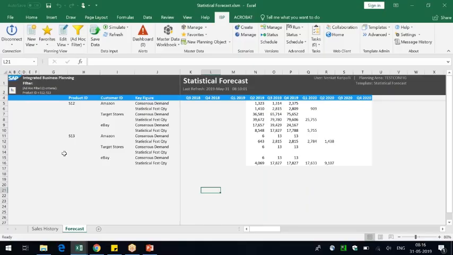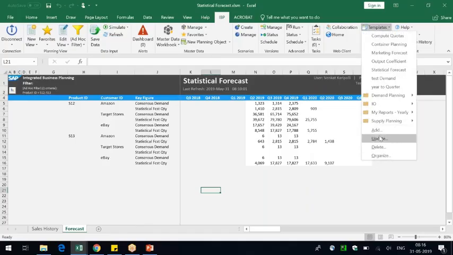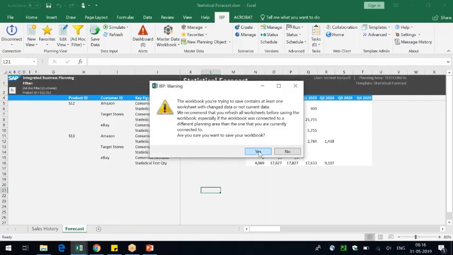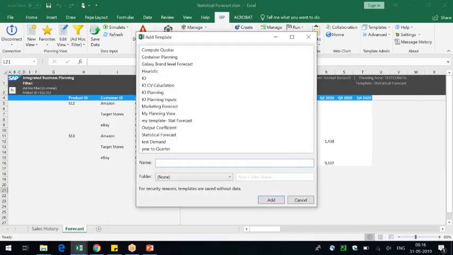Whoever has experience in BPC, in BPC also there is an Excel interface, and they have this EPM formatting, where you can build this report the way you want. So you just need to add this template. You click on this add. This would be added into the cloud system.